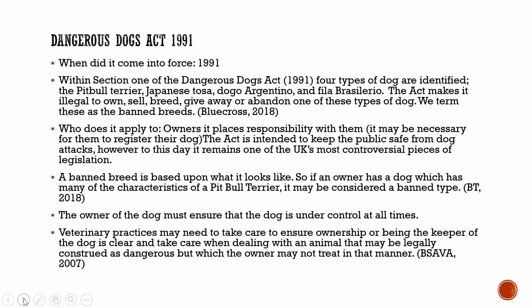The Dangerous Dogs Act 1991. That was when it came into force. You may be very aware of this piece of legislation, and may be aware that, unfortunately, it is controversial. Whatever the reason behind it, i.e. being intended to keep members of the public safe from dogs and dog attacks, at this point in time we unfortunately see a negative side of this piece of legislation